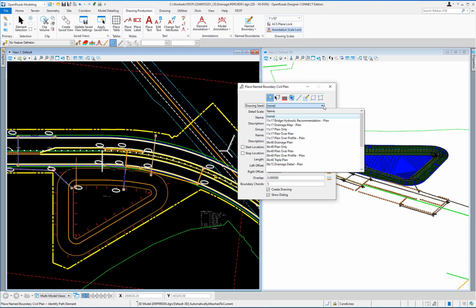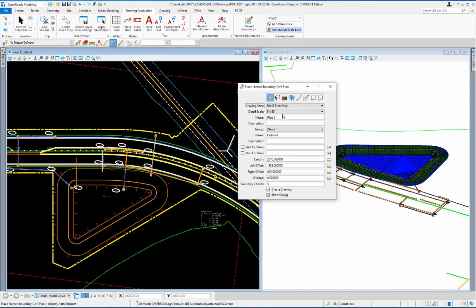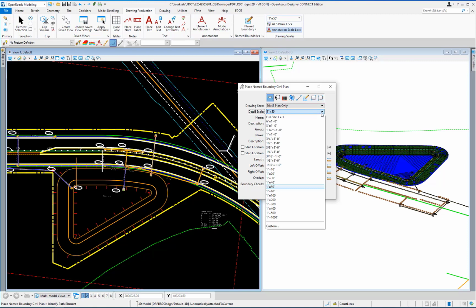Select 36 by 48 Plan Only option from the list. Now left-click on the Detail Scale dropdown and choose 1 inch equals 20 foot.